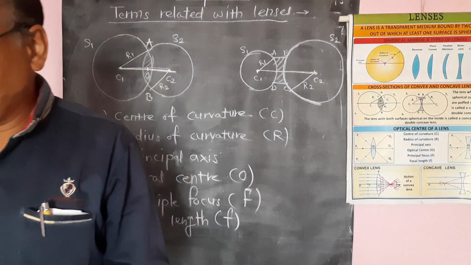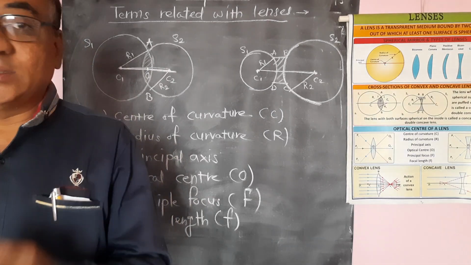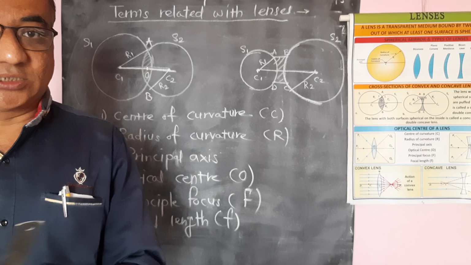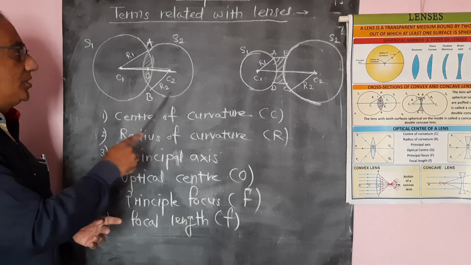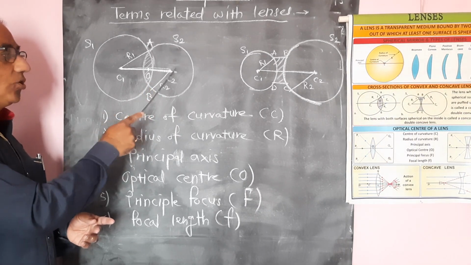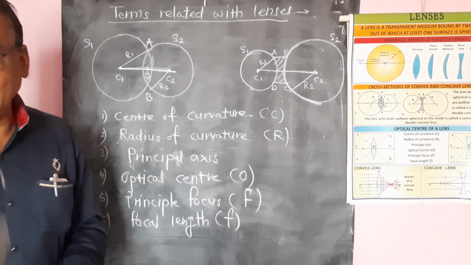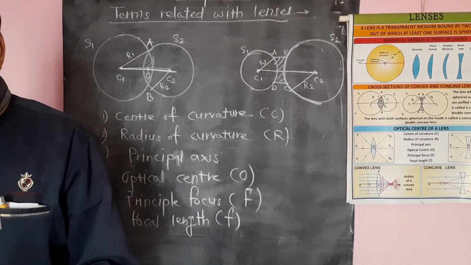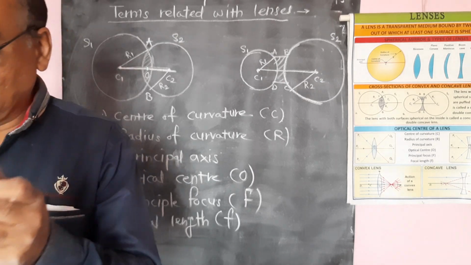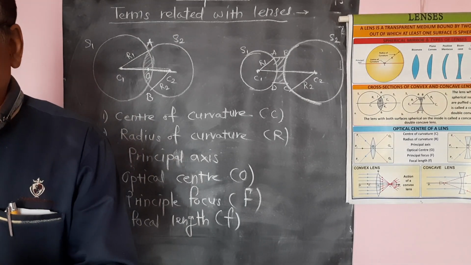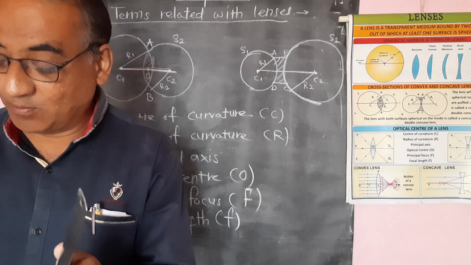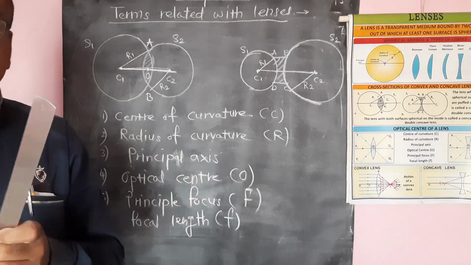Now let us see what is meant by center of curvature. The center of curvature is denoted by letter C. The center of a sphere. Now see, there are two spheres S1 and S2. The centers of the two spheres are C1 and C2. The centers of spheres whose parts form the surfaces of the lens are called centers of curvature of the lens. And when we observe any lens, we find that a lens having both the surfaces spherical has two centers of